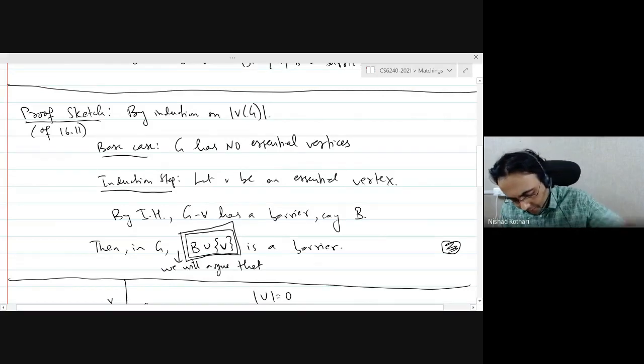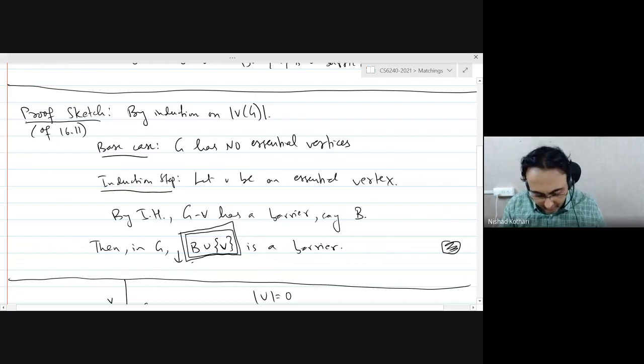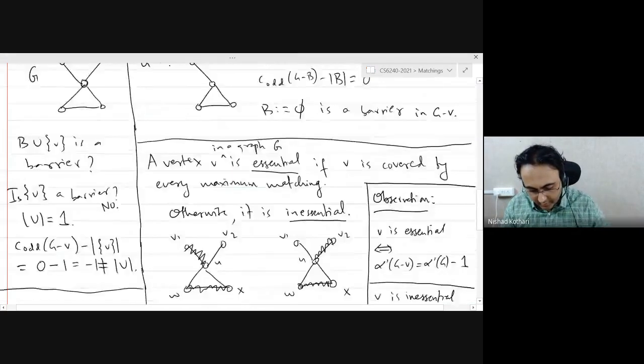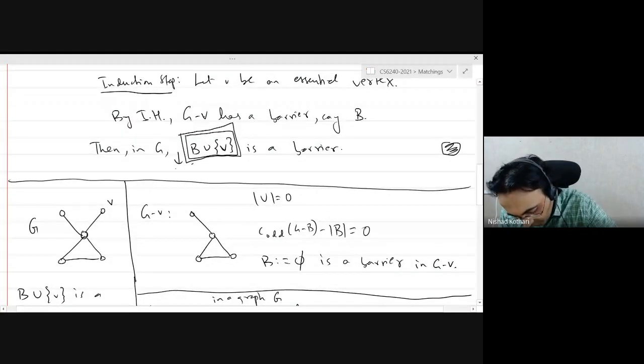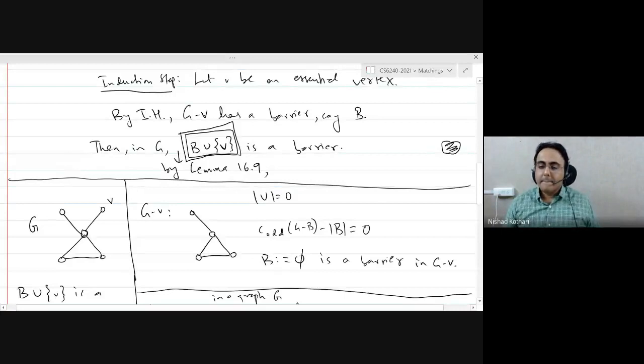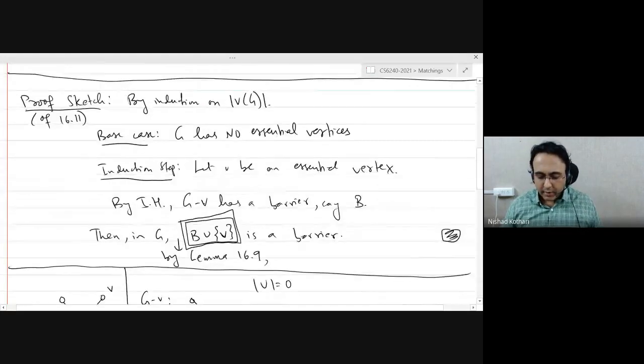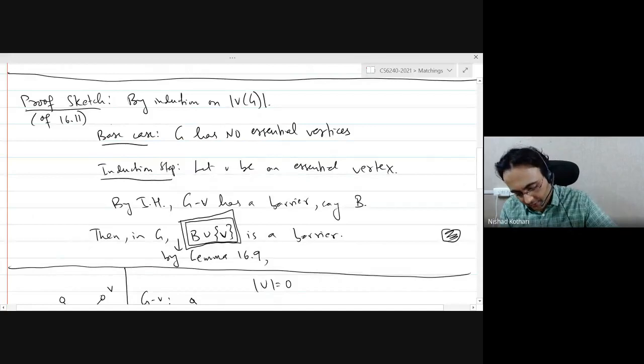And well, we have already argued this. This is by lemma 16.9. Okay, so the only thing that now remains is to deal with the base case.